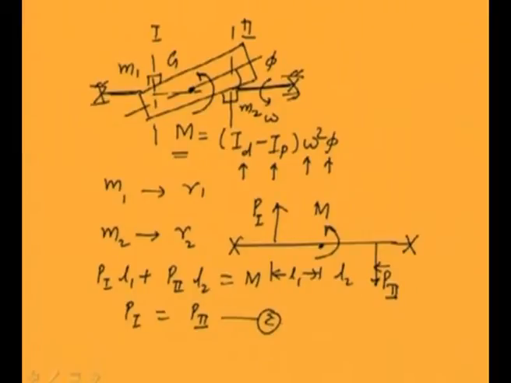This second equation in vectorial form should be like this. That means vectorially they should be equal but opposite. So these can be solved for P1 and P2. We get the magnitudes of P1 and P2 equal to the moment divided by L1 plus L2. In this particular case, when we consider the couple unbalance, we assume that we know the plane of the couple.